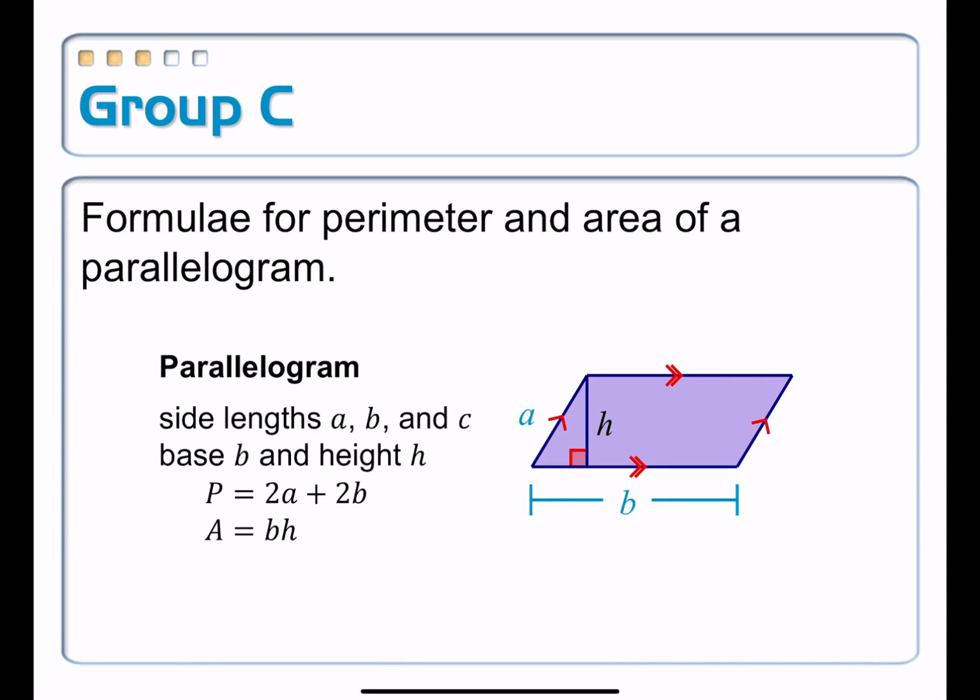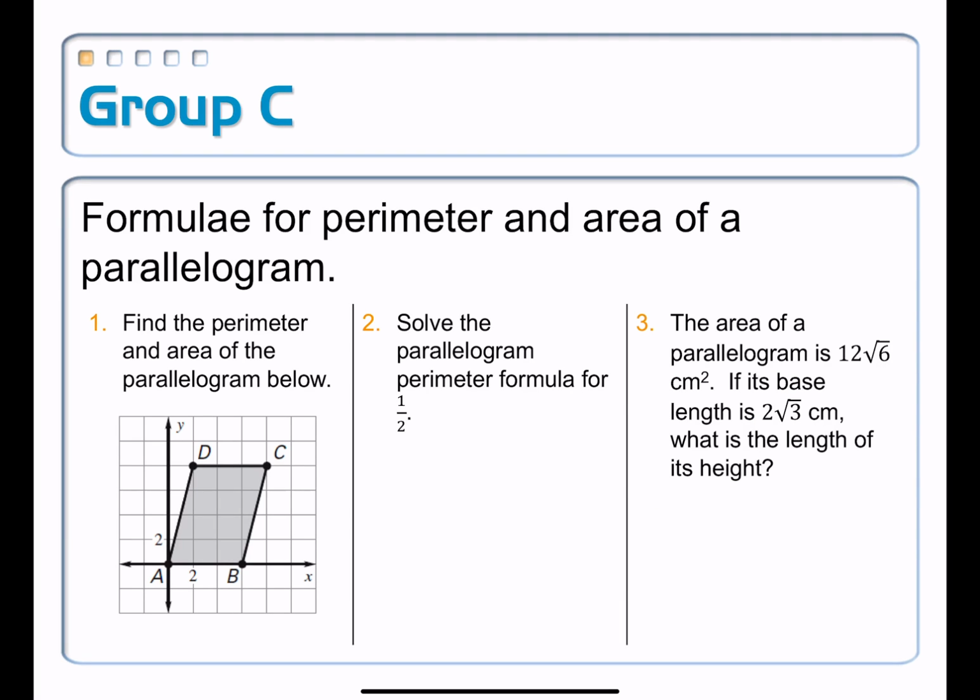So let's take a look at the problems that we have for parallelograms. And we have, find the perimeter and the area of the parallelogram below, and it's been graphed for us. We have some sort of graph grid. Strange thing about this one is going by 2s instead of by 1s, but you know, whatever, we'll deal with it. Number 2, solve the parallelogram perimeter formula for